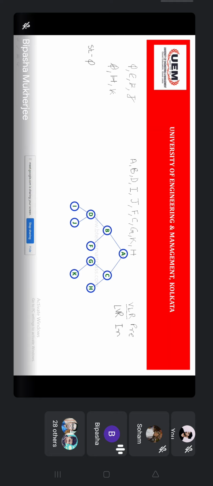For pre-order, in order or post order, for everything you need to start from the root and follow the leftmost path. Okay, so now for in order, how should you proceed?